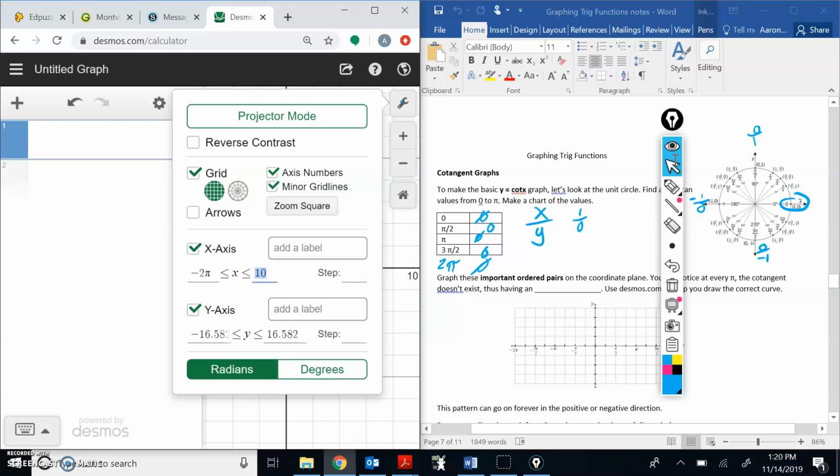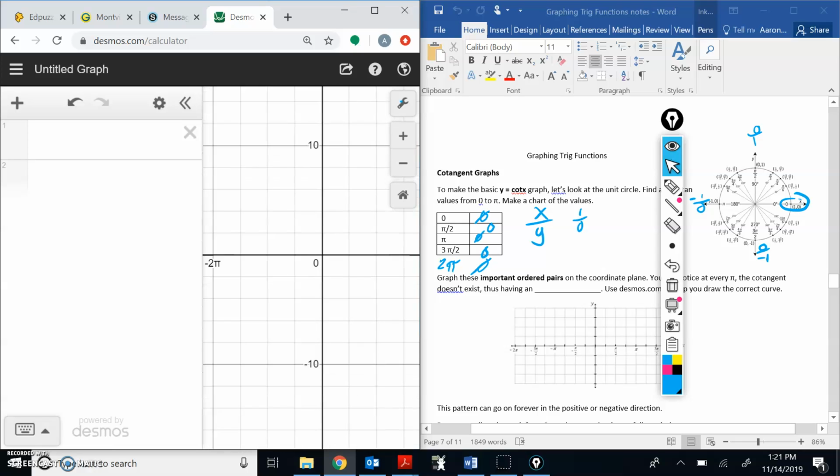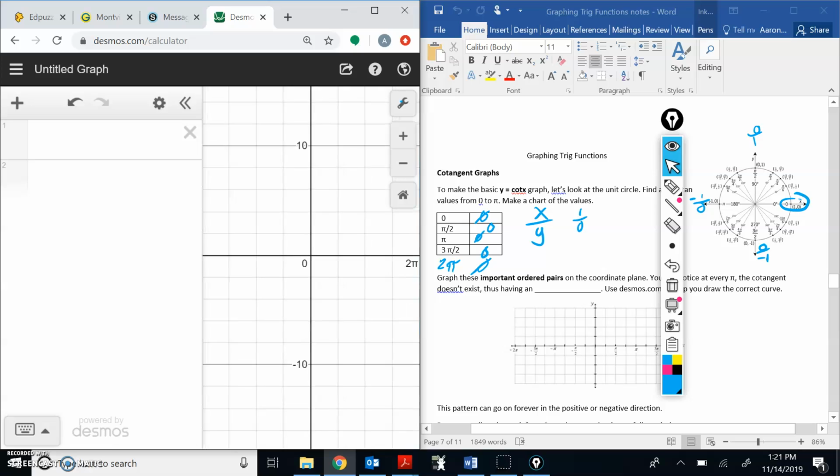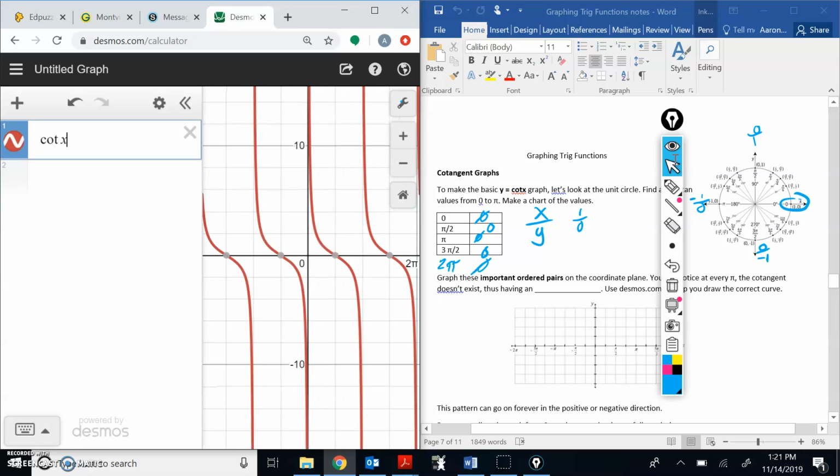Let's go over to Desmos and change everything to negative 2 pi to 2 pi and change the step by pi over 2 and see what's going on here. I'm not going to change my y-axis. Let's type in cotan x. You can see